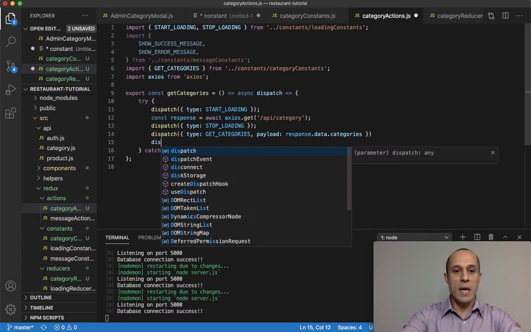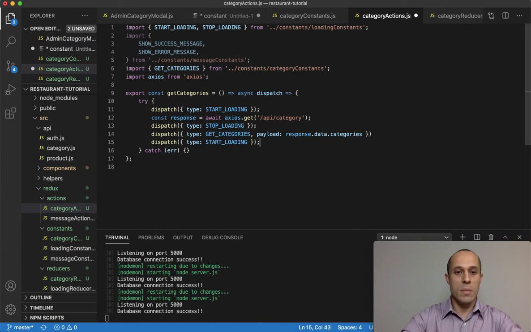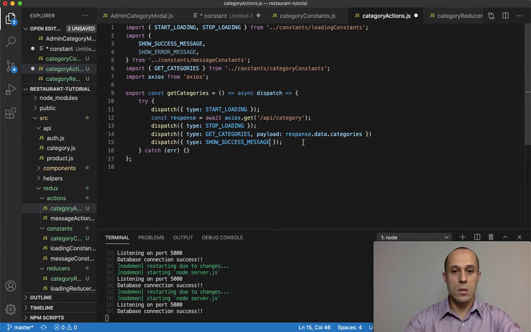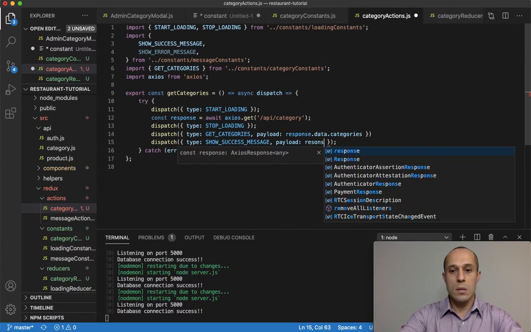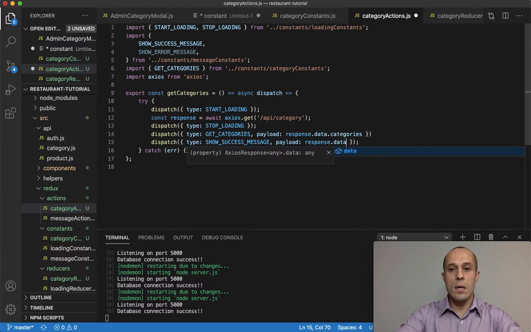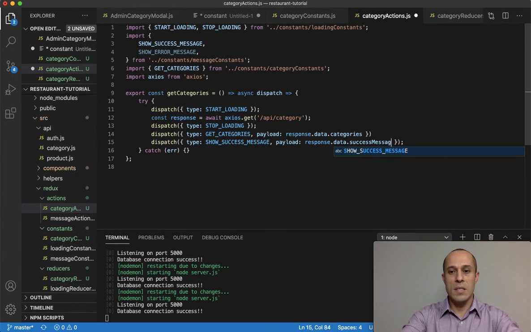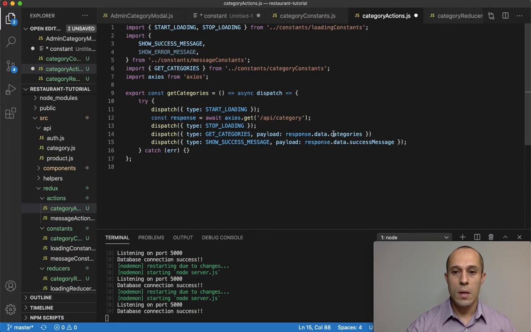And we also want to dispatch, let me paste this here, and the type here is going to be called show success message. And then the payload here is going to be response data success message. Okay, now in case you were wondering, where is this response data categories and the success message coming